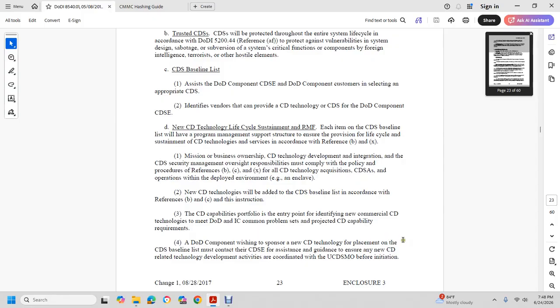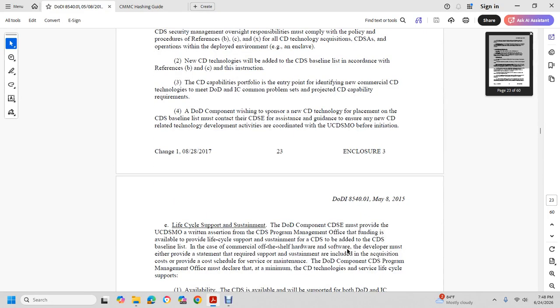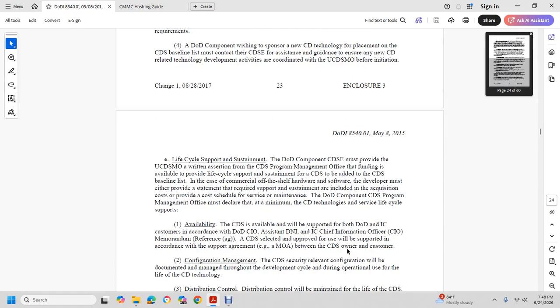solution and assistant guidance to ensure that the new cross-domain related technology development activity is coordinated under the cross-domain solution MO before initiation. Lifecycle support system at the DoD with the cross-domain solution enterprise must provide under the cross-domain solution MO a written assertion. The cross-domain solution program management office must offer the following to prove the lifecycle support is the same with the cross-domain solution added to the cross-domain solution baseline list. In the case of a commercial outside of the hardware or software of the developer, the list must either provide a statement of the required support system and include the acquisition cost for the provided cost schedule to serve as